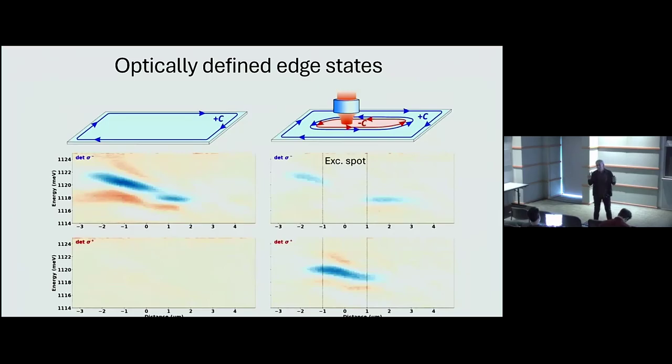in a clean system. This would be really nice because then this could be far away from any, let's say, electronic contacts or inhomogeneities that you may not have control over. Because in these devices, typically you have good regions, and not the whole 20 by 20 micron device has the same quality. All right, so that's all I wanted to say.